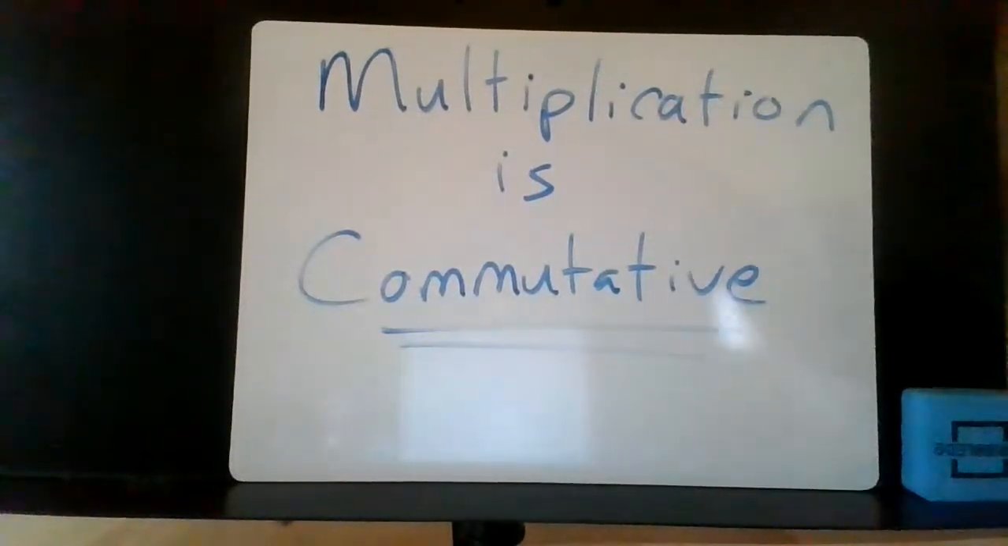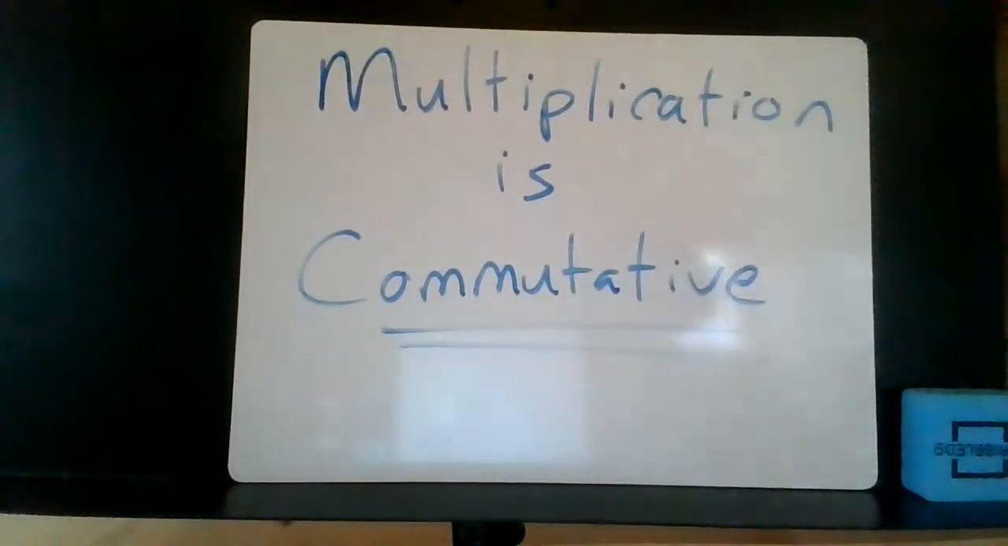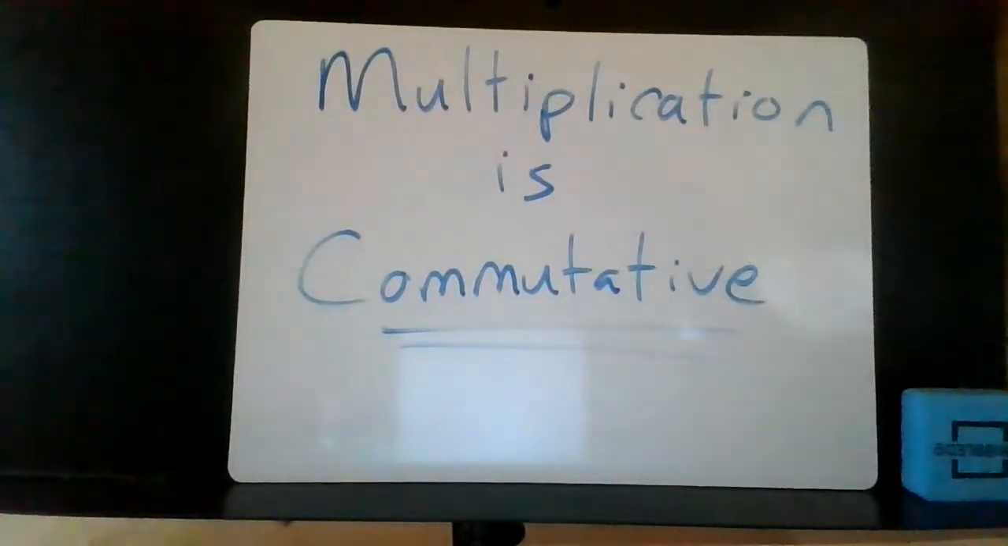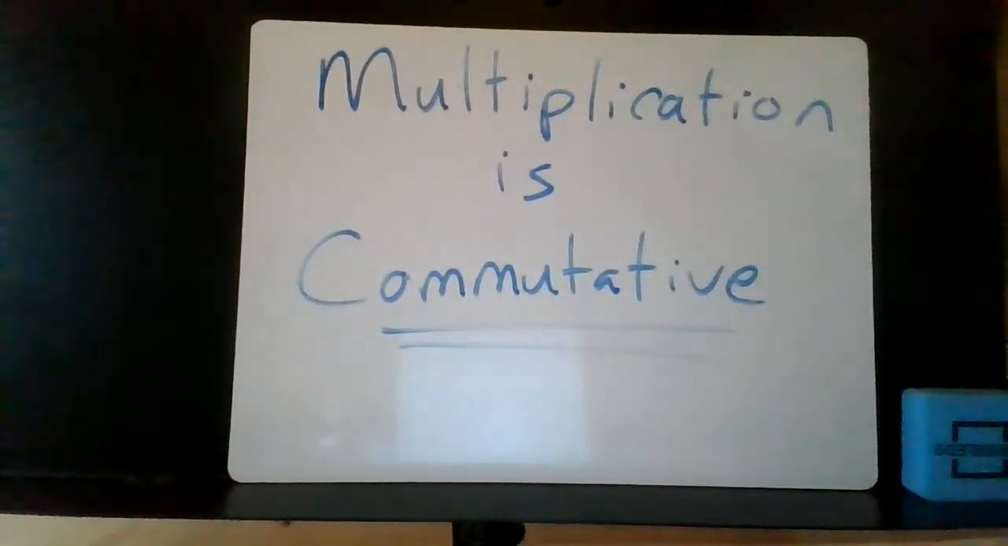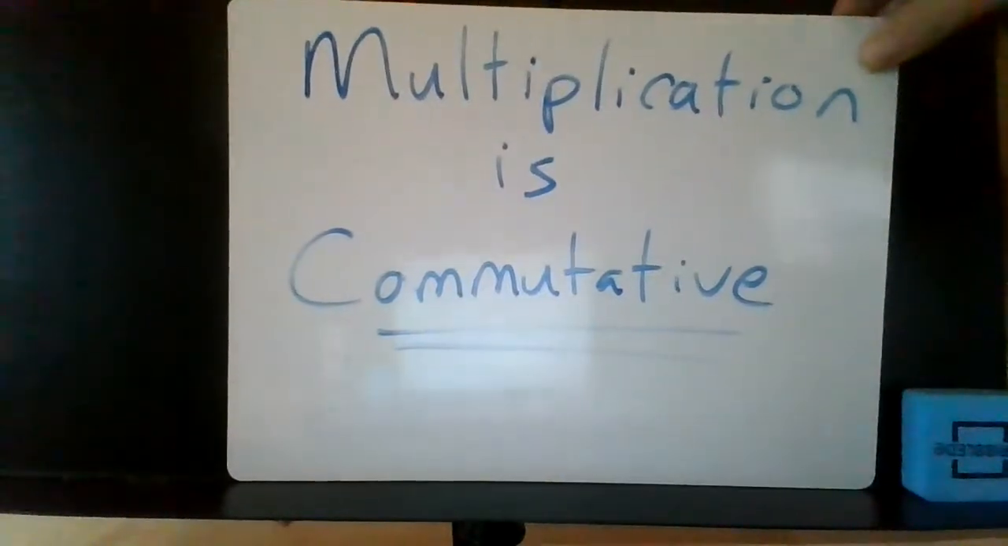All right, so if you remember what the commutative property is, that simply states that you can change the order of the factors in a multiplication problem, and the product will stay the same. So let's go over a real simple example with whole numbers, and then we'll look at how this could help you with fraction multiplication. So again, multiplication is commutative. It has the commutative property. All right, so